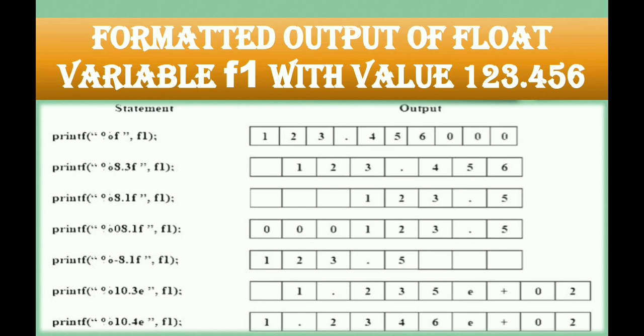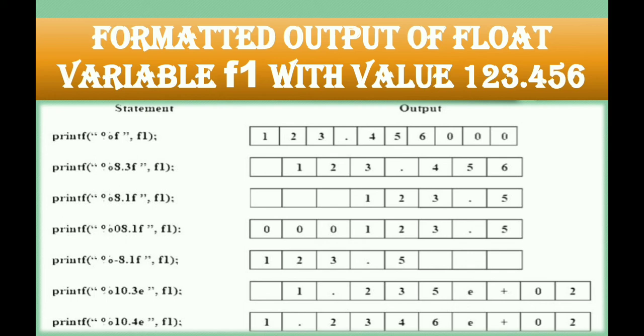And the last 2 examples are of the exponent type of numbers. So here, instead of %f, what is written there, %e. That will display the numbers in scientific form. So first 10.3 is written, so 10 will be the width of your variable. So 10 boxes are visible over here, you can see. Then again the alignment will be from the right side.